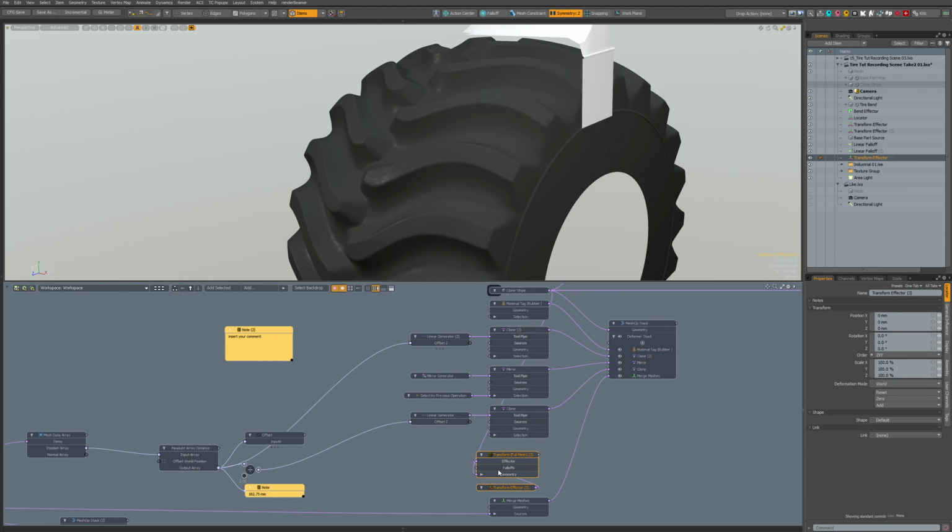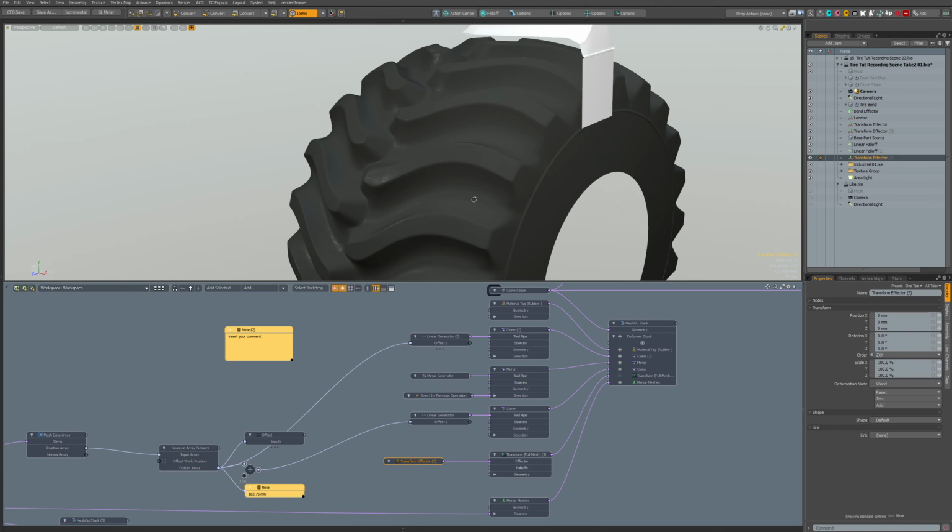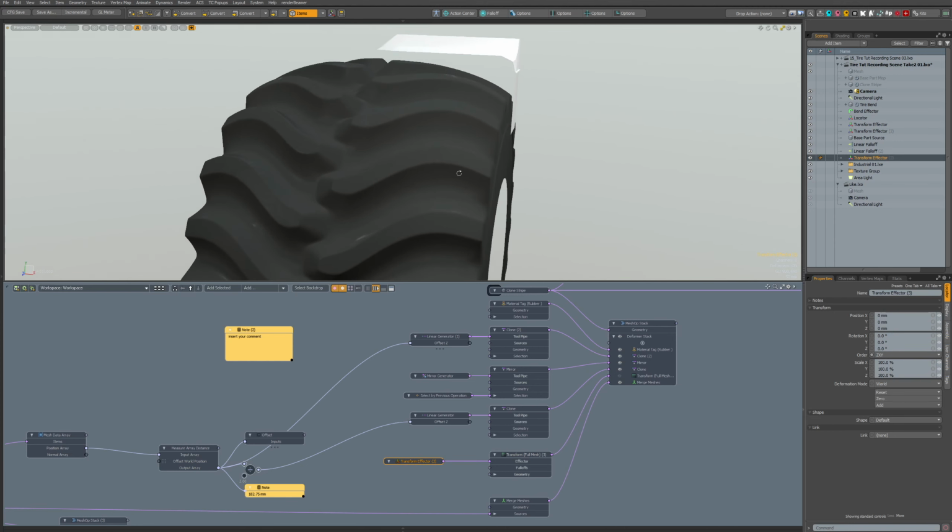But the thing I'm not sure about is that if I use a scale or, I think I use a scale for it.